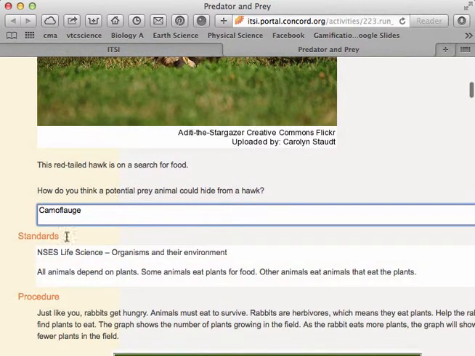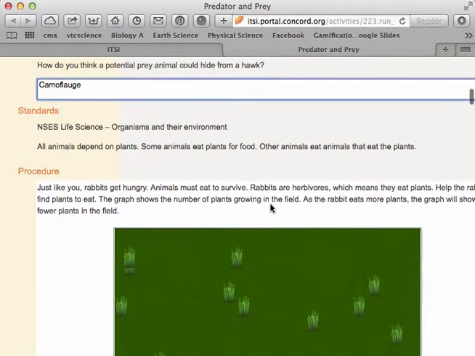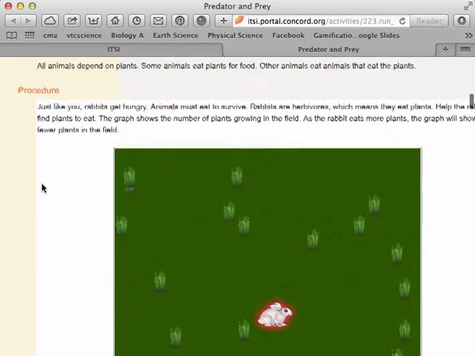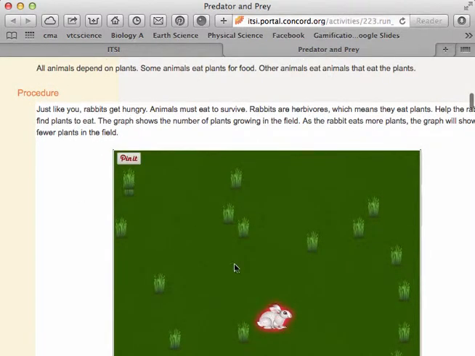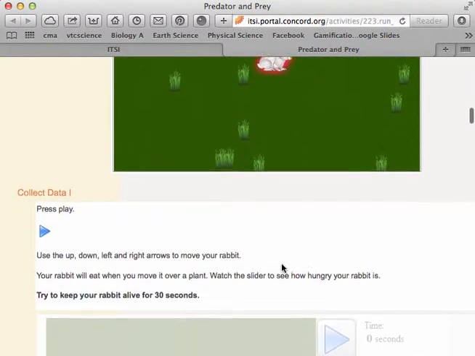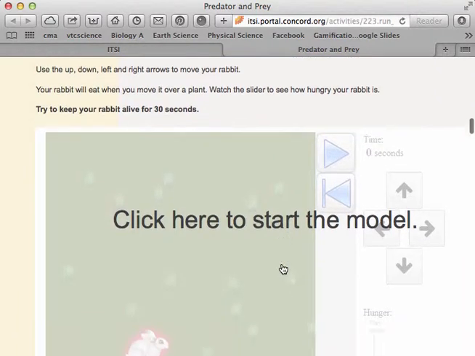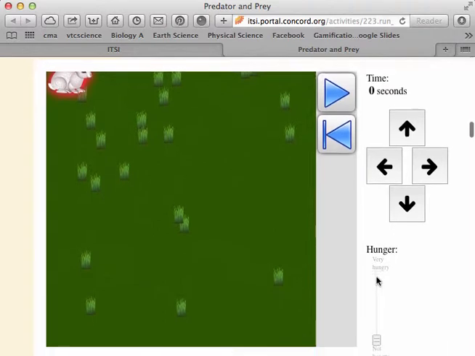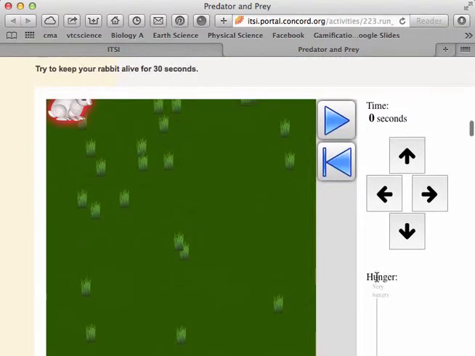And all of this structure can be edited by you in the editing tool. So if you don't particularly like the way the question is worded, you want a sentence starter, you can do that. And then there are procedures. So it explains what's going to happen. The students are going to interact with this model. And when they're ready to start the model, they click here. And they interact with it, and they can